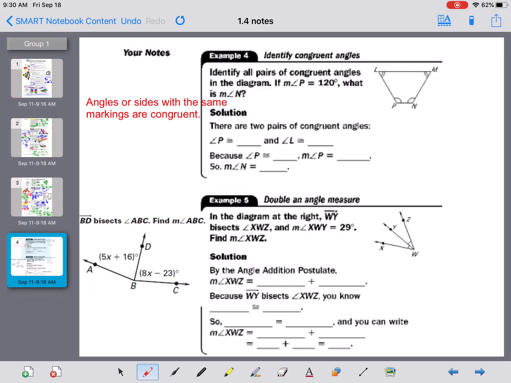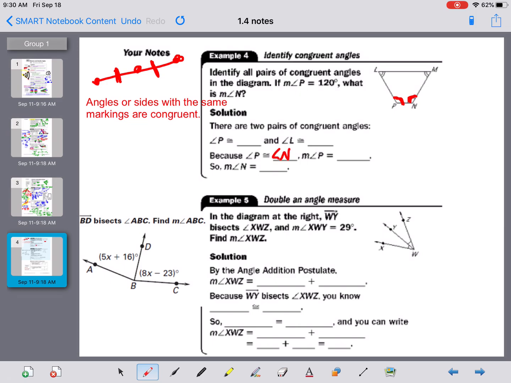Well, don't forget that when we had a segment, we had these little marks, okay? It's really hard to put those marks on angles. So you're not going to find those marks on an angle. What you find are what we call these arc marks, okay? So this N has one and this P has one, and because they both have one, they match, and those are congruent angles, okay? So angle P is going to be congruent to angle N because they both have one